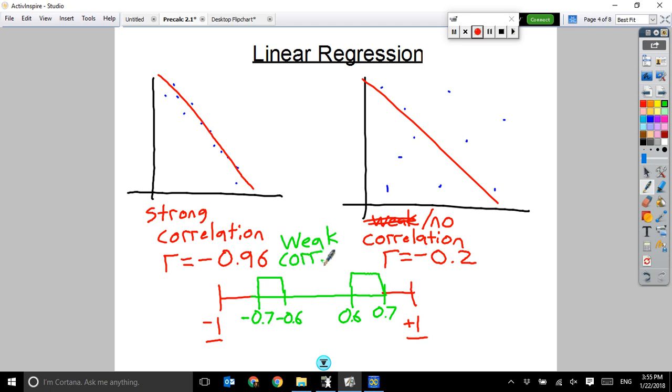Okay. Think of correlation as a test grade. If you got a 63 or a 72 on a test, you did fairly weak on it. Technically, both of those are passing grades, but as a fairly weak grade. Something less than 0.6 would be something that started with like 0.5. So a 52 or a 47, all of those would be, you knew nothing on the test, so no correlation. And then my last group is, well, what if